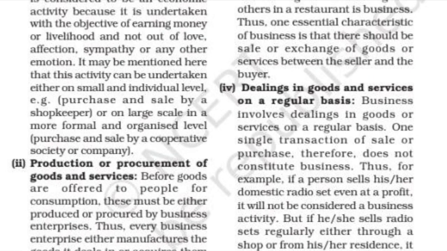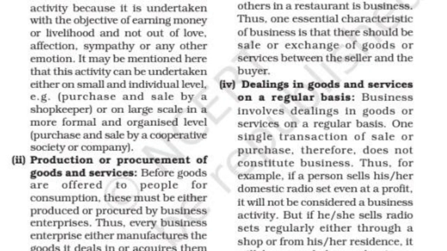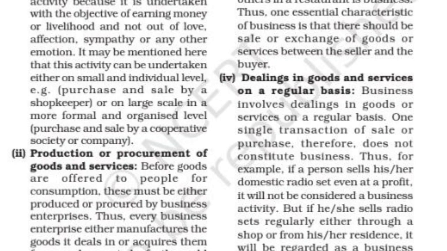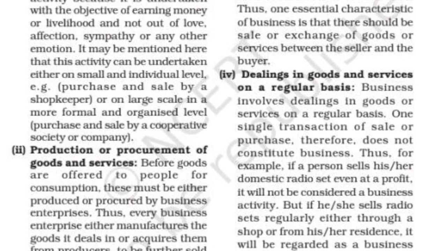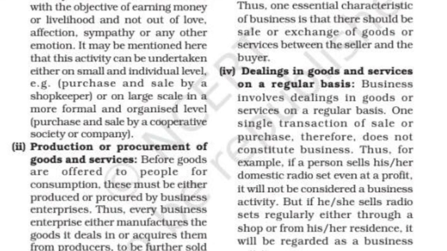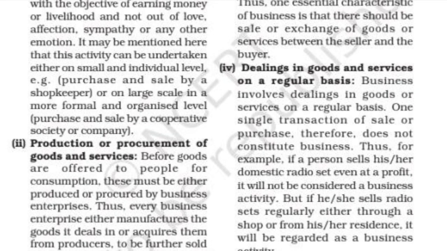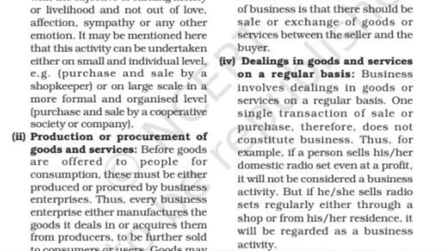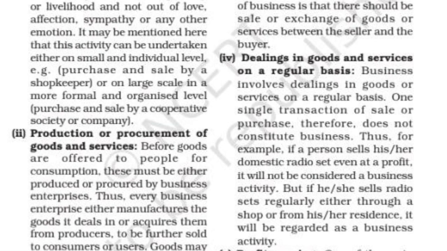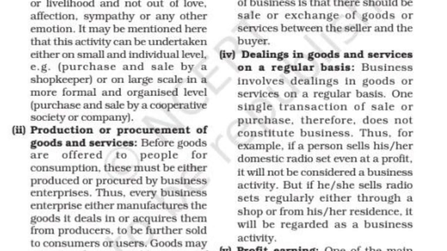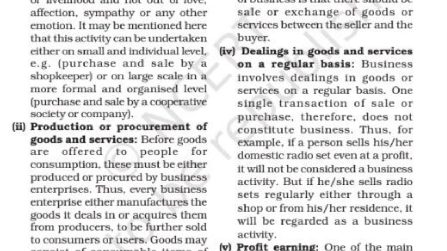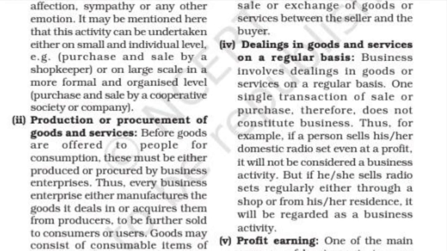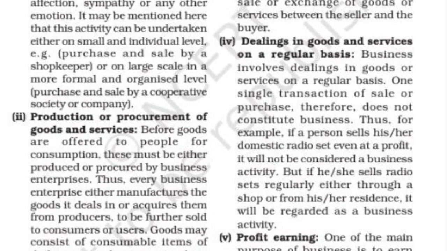Let's take an example. If Sonalika is producing tractors and producing all the parts of the tractors himself, then it will be known as production, and then selling those goods in the market. In another case, if he is producing the tractors but buying the tires from somebody else, that is procurement of tires, and then assembling and selling to the final consumer. So this is production or procurement of goods. I think this point is clear to all of you.